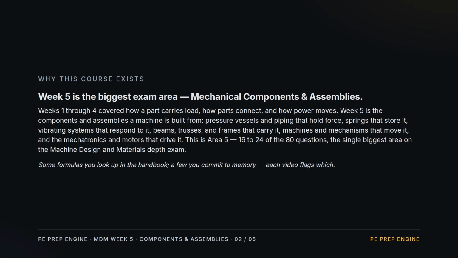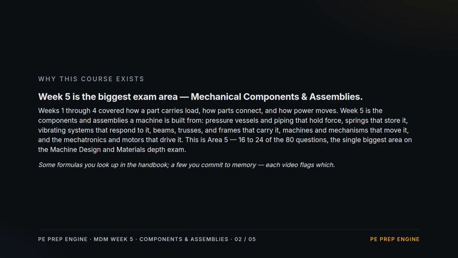Weeks 1 through 4 covered how a part carries load, how parts connect, and how power moves. Week 5 is the components a machine is built from: pressure vessels and piping that hold force, springs that store it, vibrating systems that respond to it, beams, trusses and frames that carry it, mechanisms that move it, and the motors that drive it. This is Area 5, 16 to 24 of the 80, the single biggest area on the